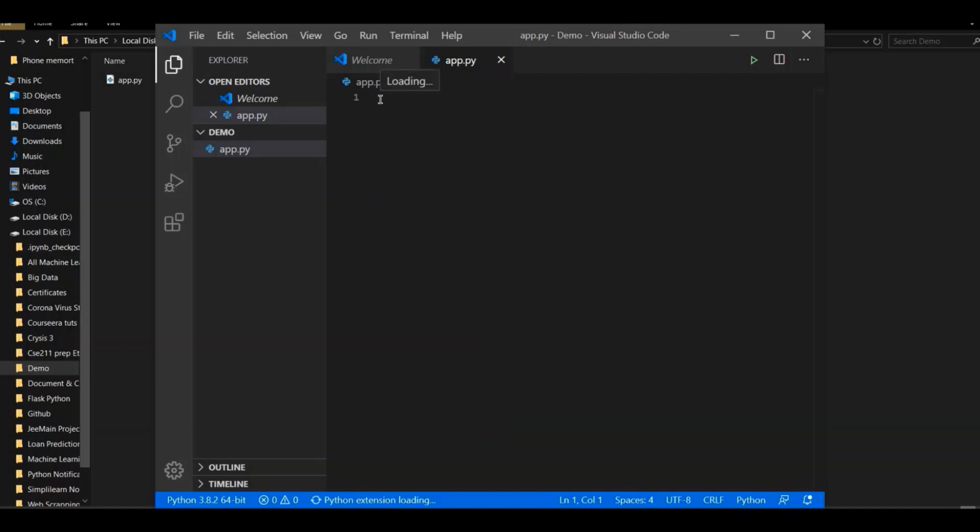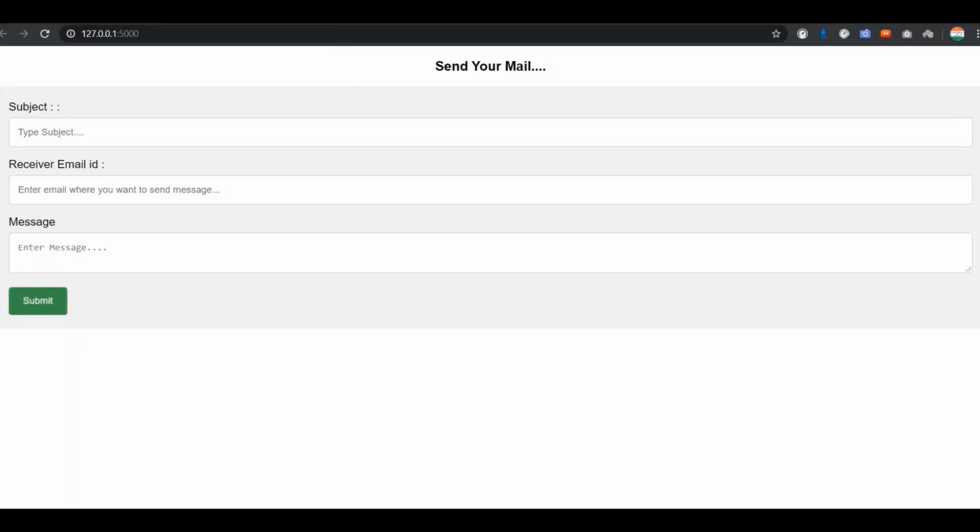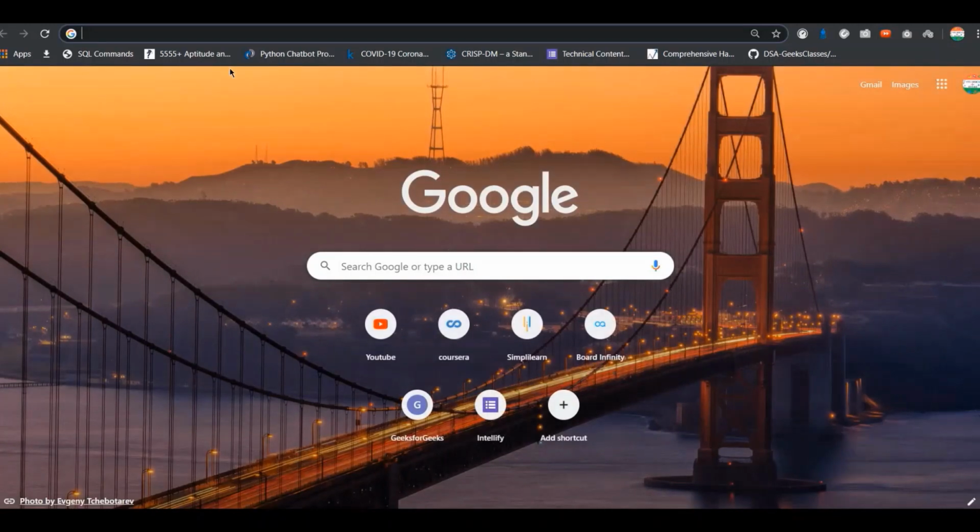So let us understand what the prerequisites are. First of all, you should be familiar with Python and you should know some of the basics of Flask. If you don't know any of these things, then you don't need to worry. I will first go here and search for a sample Flask snippet.